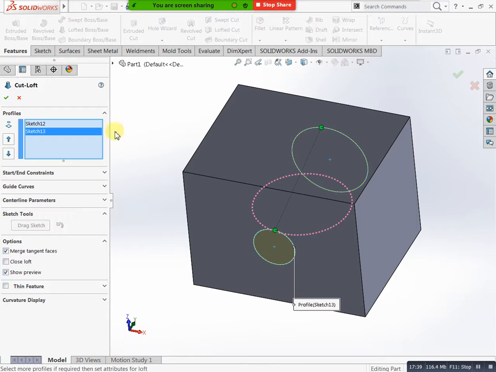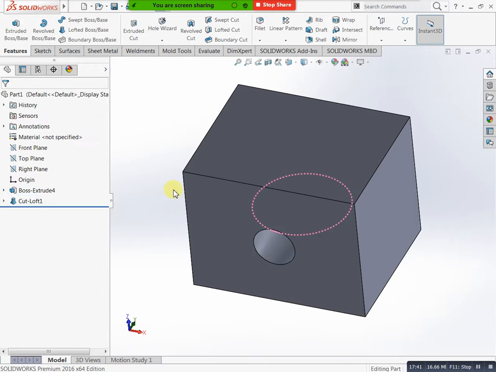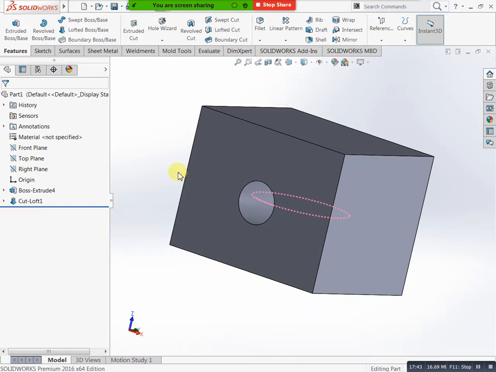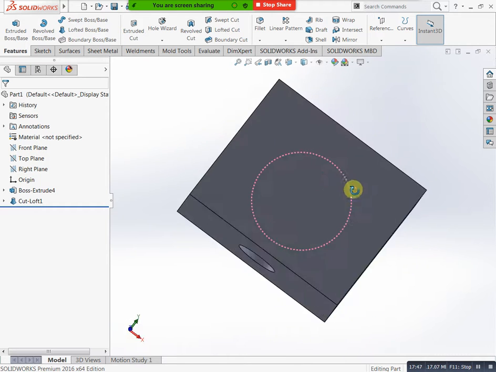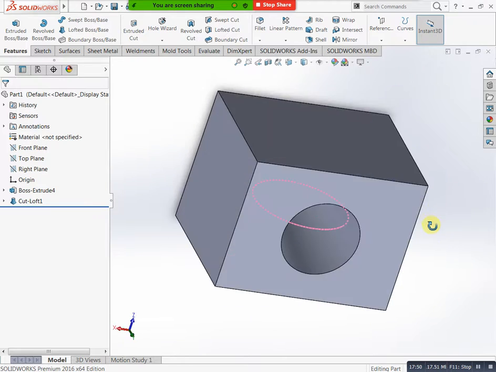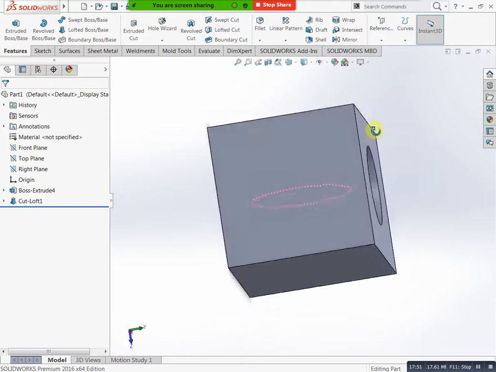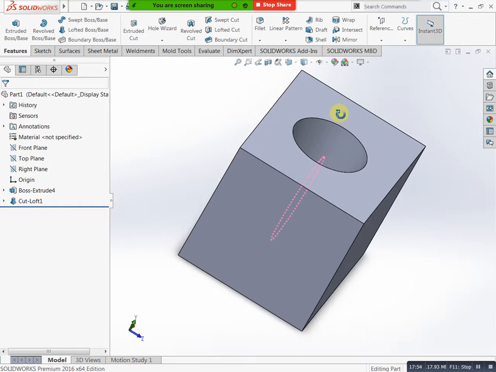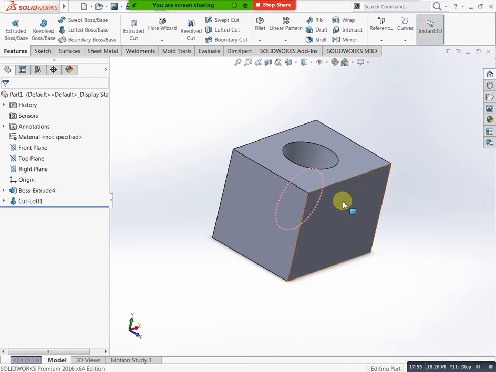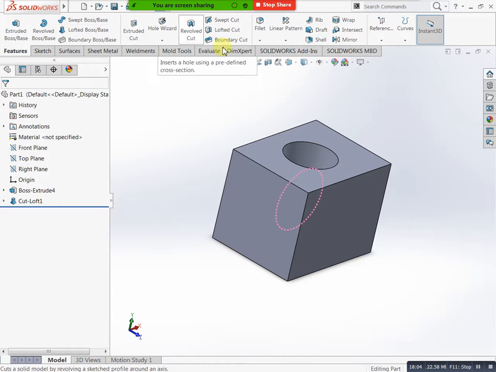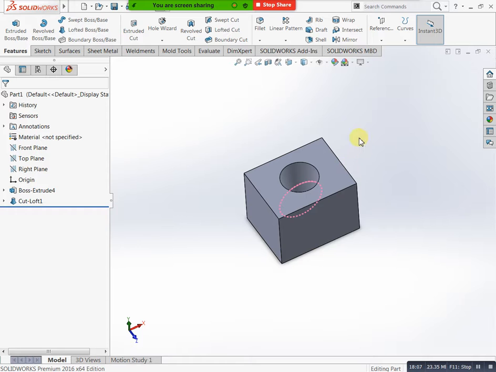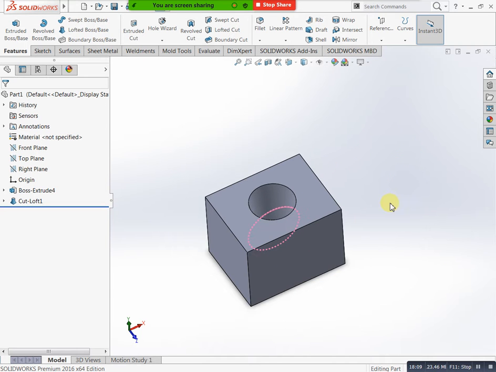Next, for example my requirement: I need to create some fillets. In this fillet totally we have 4 types. This one also I will explain, don't worry. Tomorrow's class I will explain boundary boss and boundary cut. Today you just practice these two. And here we have 2 more features, fillet and chamfer. This is very important. When you practice your models in 3D, directly we can apply it to our curved shapes and sloped edges like this. That type of situation, these two are very useful. That's why you can go with fillet and chamfer.